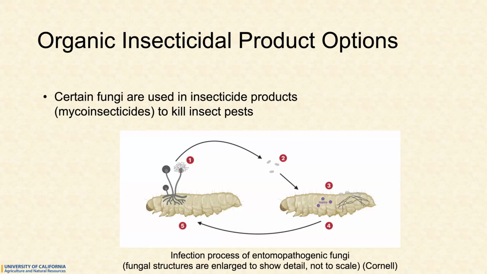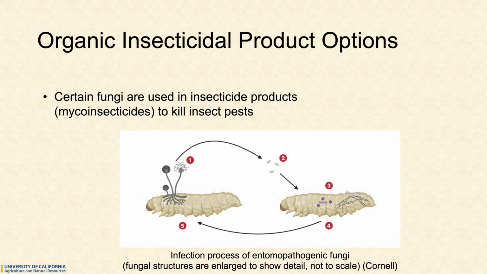So certain fungi also can be used in insecticide products or myco-insecticides to kill insect pests. There are options that are allowed in organic agriculture because we're using fungi, which are naturally occurring. And here's what the life cycle looks like. These life cycle diagrams are from Cornell's website, so really awesome resources out there on how these different active ingredients